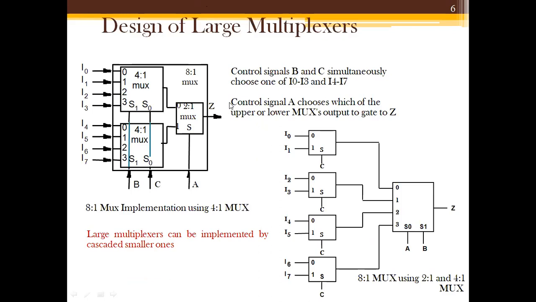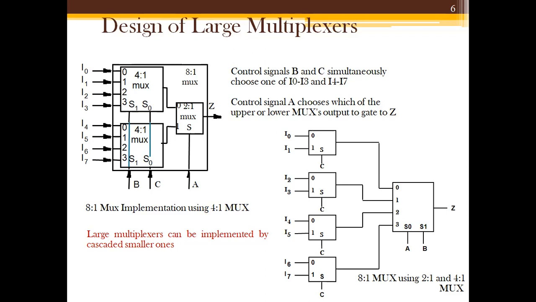So now we come to how we are going to design or use multiplexers for implementing any combinational function. Now there are 2 approaches to that. Either we can use any large multiplexer depending upon how many input multiplexer is needed for implementing any combinational function, or we can make it using the mux trees.